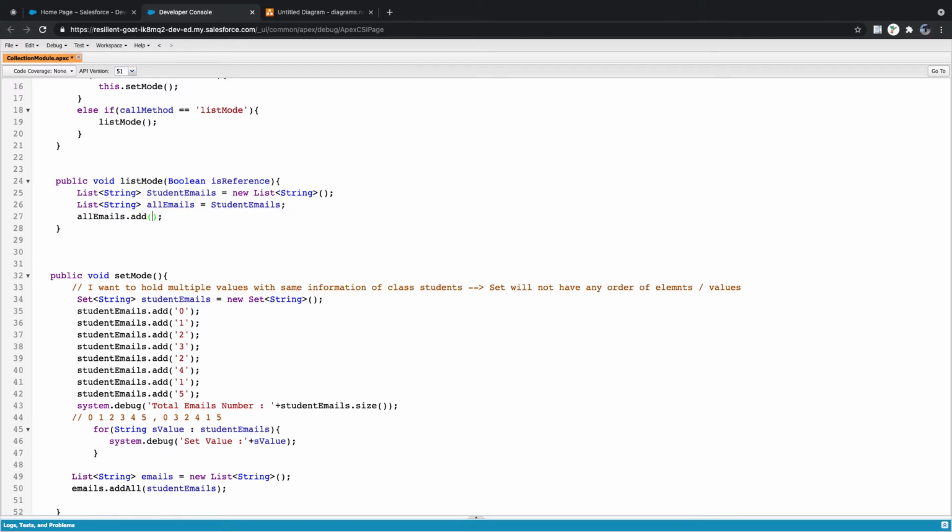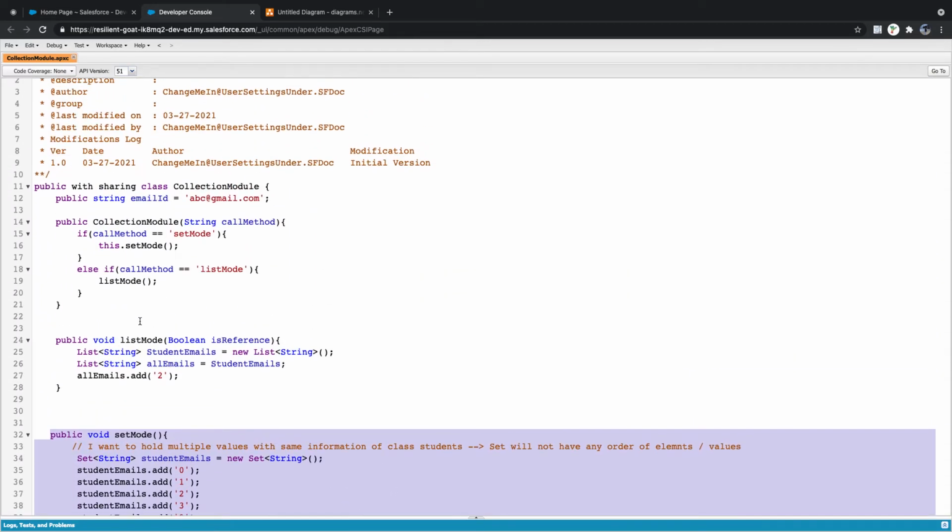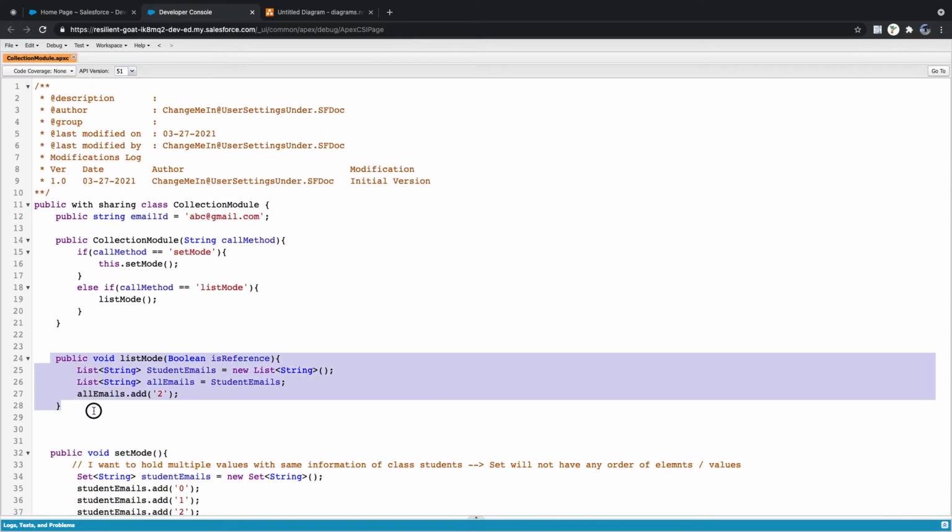What is the size of student emails in this case? What is the size of all emails now? Oh, don't worry, this method is gone. We are only talking about this method, Avinash.